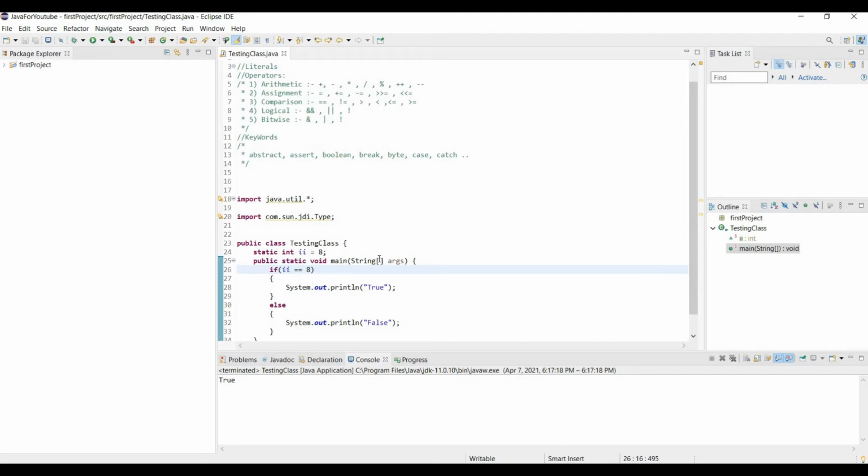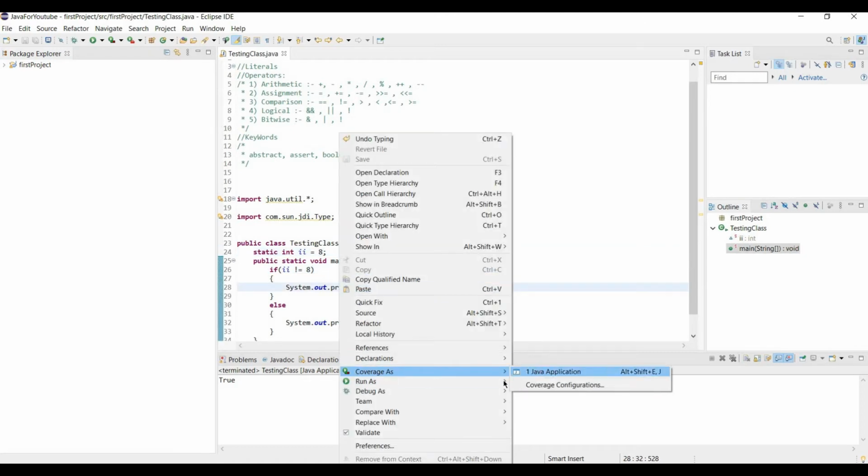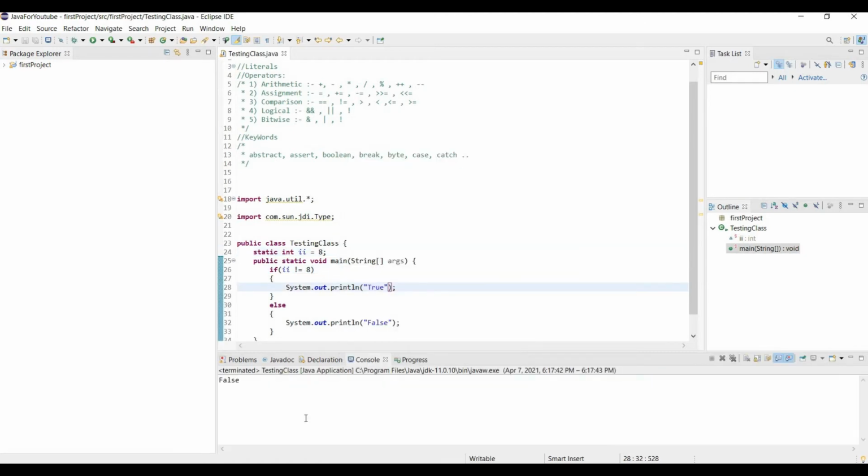It's true because this is equal to 8 as we have specified above. And now here, if I is not equals to it, okay, so here I equal to 8, so this condition is false, right? I think you understand. Not equals to, think according to this. Okay, think by understanding this sentence, not equals to.